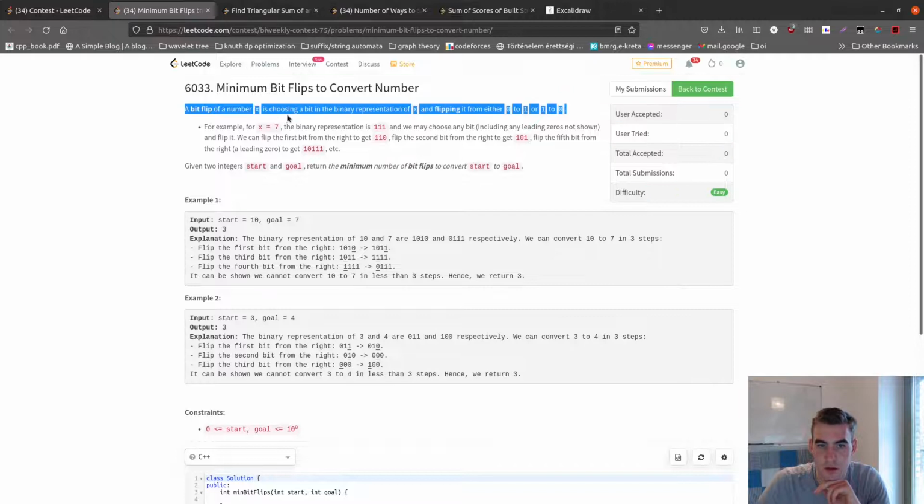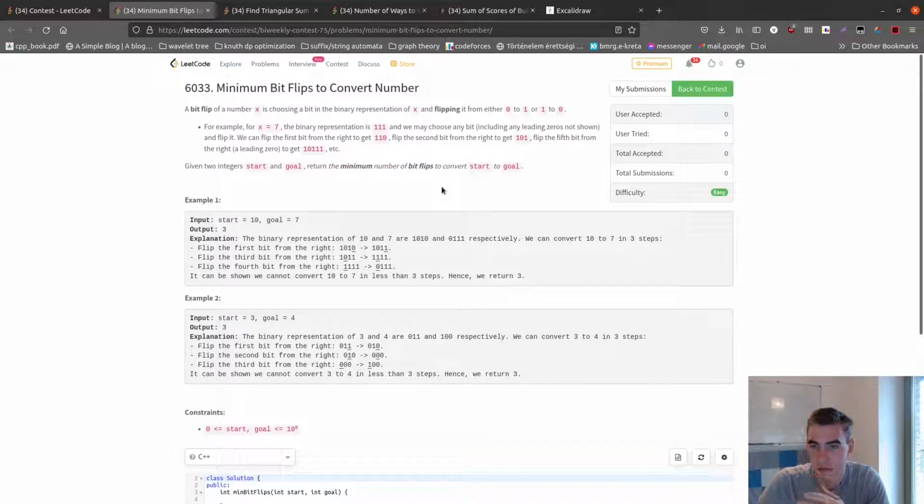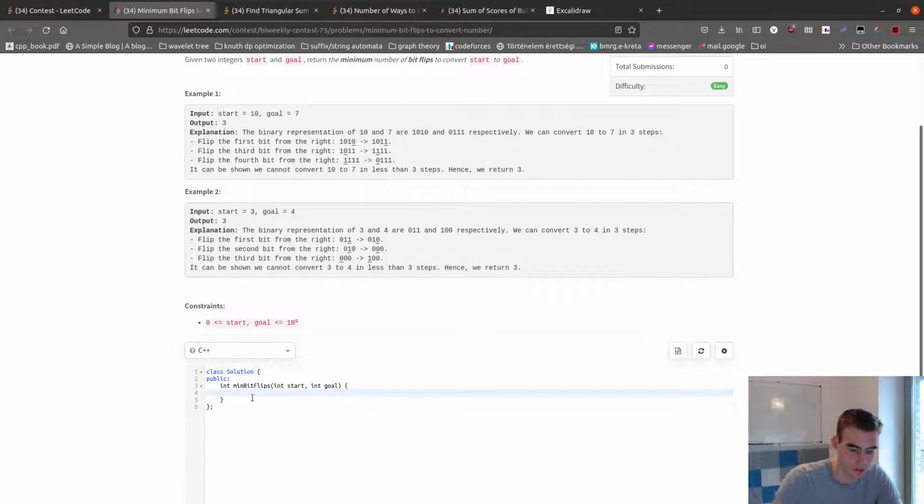A bit flip of a number x is choosing a bit and flipping it. Given two integers, start and goal, what's the minimum number of flips required to get from start to goal? Well, it's determined. How big can the numbers be? I loop i equals 0 to 31. I have int ans equals 0, ans plus equals start and 1 is not equal to